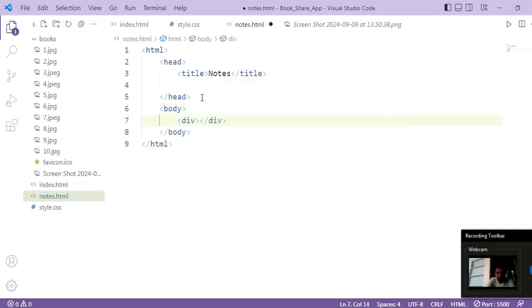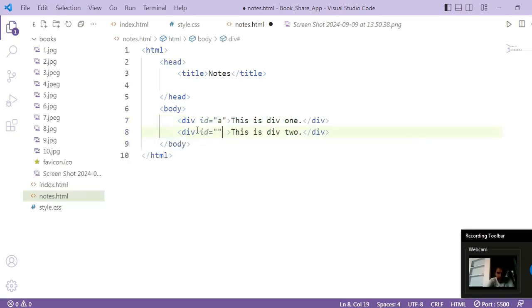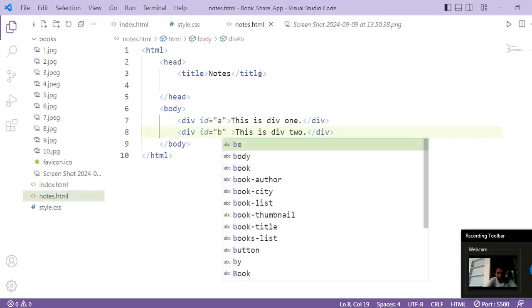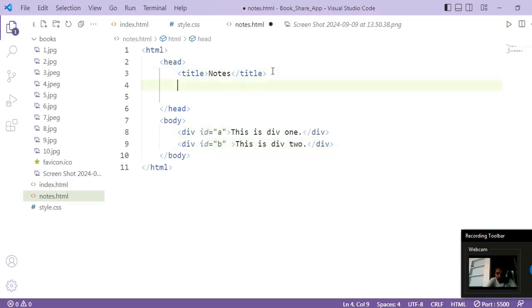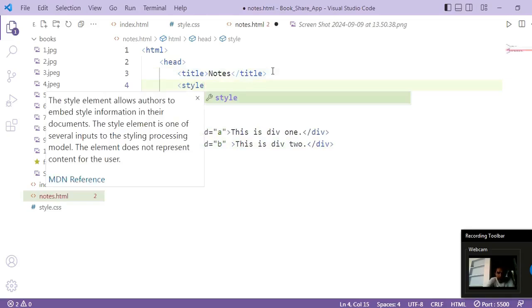Inside body I have two divs, okay. This is div 1, this is div 2. Give it some ID, suppose A. Same here, ID equals B, okay. So we have two divs, and we will write the style for this, okay.